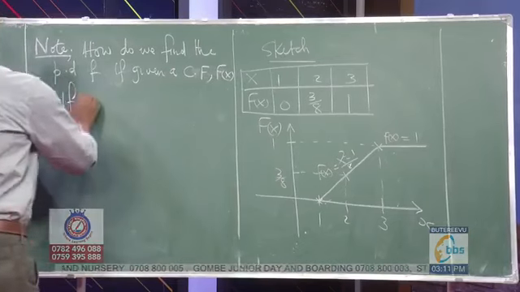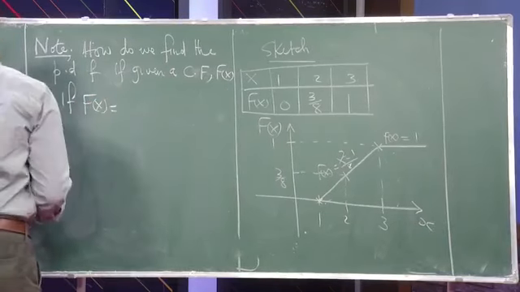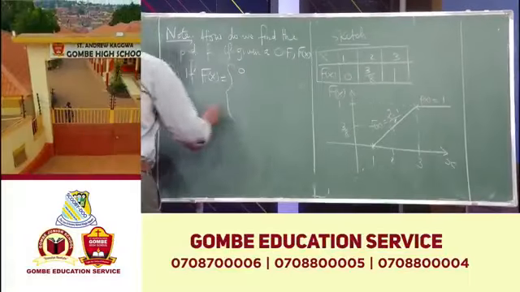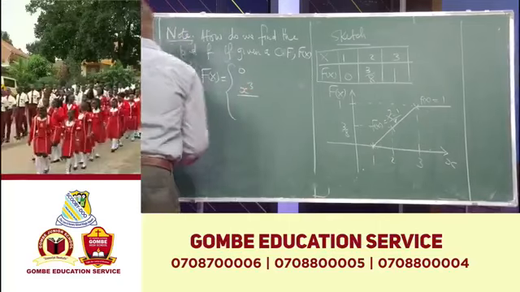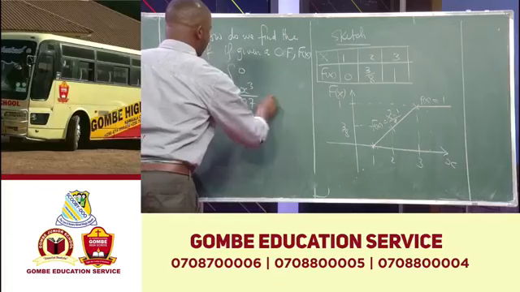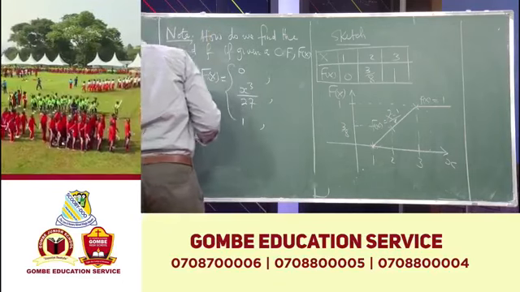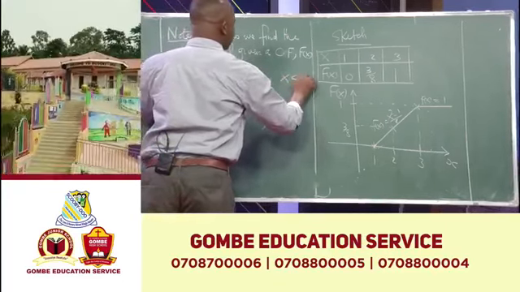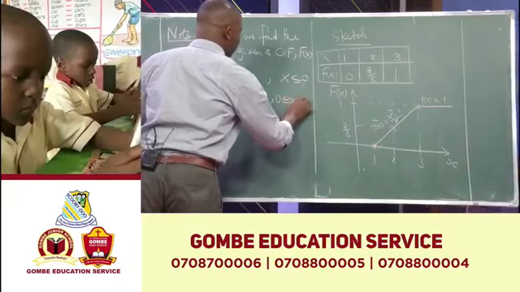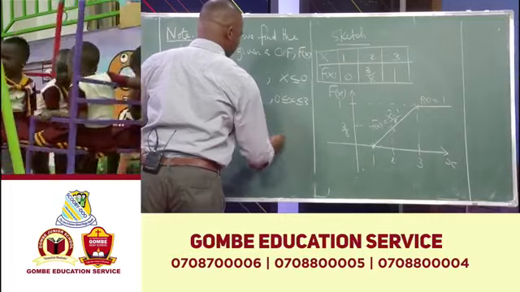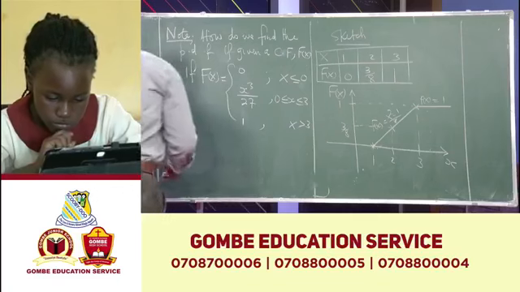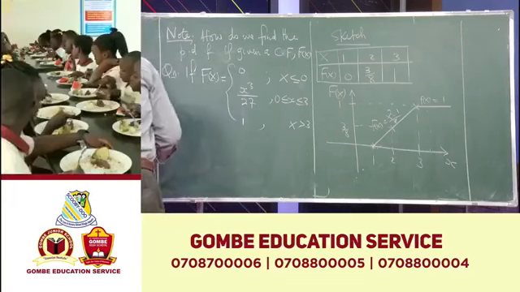If the cumulative distribution function f of x is given by 0, x cubed over 27, and of course 1, with the limits x less or equal to 0, 0 less or equal to x less or equal to 3, and of course this one is x greater than 3, then they are telling us if you are given that,